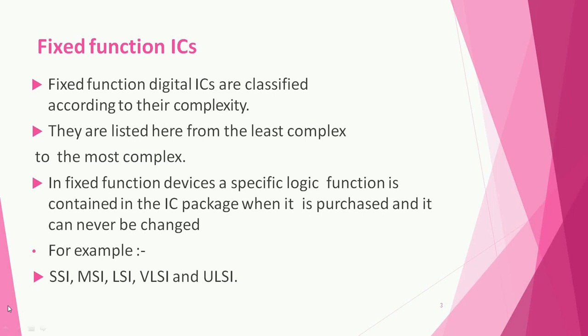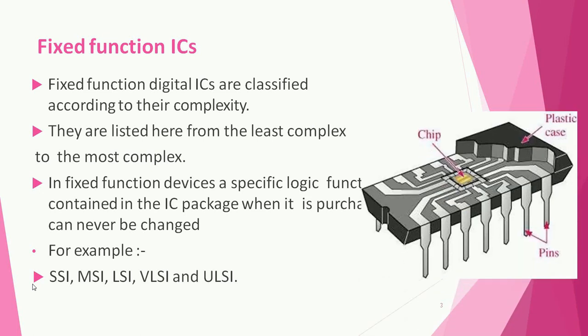But in an XOR gate IC there are 4 XOR gates. Out of that we are going to use only one XOR gate and the remaining 3 XOR gates will be unused for that application. The same thing applies to the AND gate IC also. We will use only one AND gate instead of 4 AND gates, so the remaining 3 AND gates will remain as they are. So the circuit will become bulky and a large space will be required. That is the disadvantage of fixed function ICs if you want to build a complex circuit.